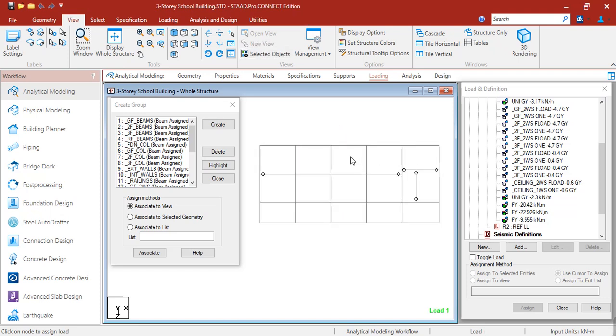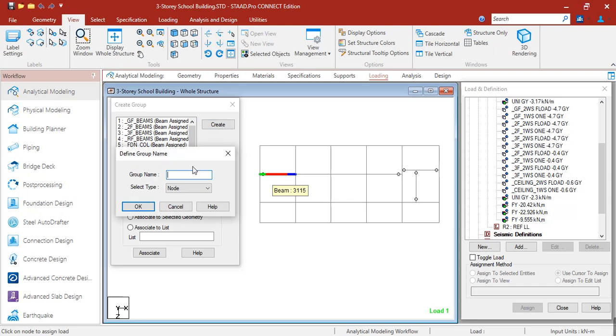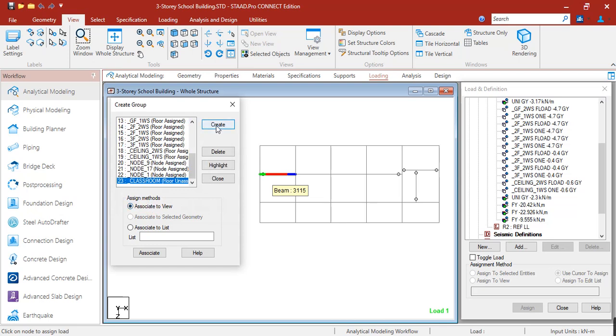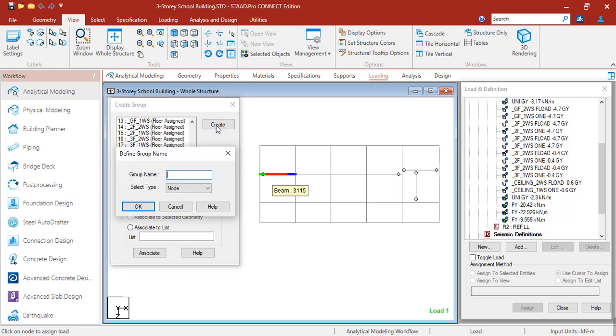Then on top view, let's create the group for the classroom. Create, classroom, select type is floor, then click OK. Let's create another group for corridors. That is corridor 3.8 kPa floor.